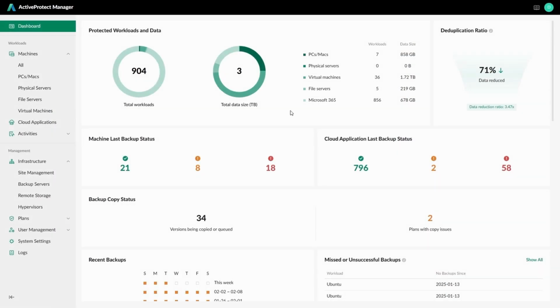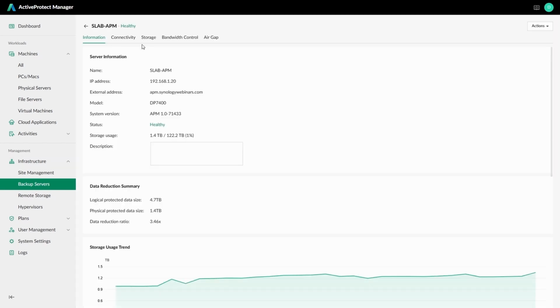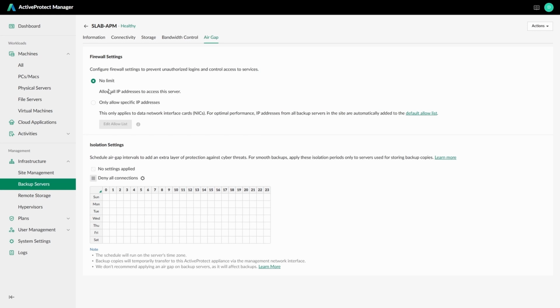All right, last but not least, let's take a look at how you can enable air gap inside of the ActiveProtect Manager environment. We're back on our dashboard once again. And what we're going to do to enable the air gapping policies for these systems is we're going to move over to the backup server tab, and you're going to click on the backup copy destination for your backup plan that's listed here. So let's say this APM device is your backup copy destination. Under this device, under air gap, you're going to be able to select firewall settings to only allow specific IP addresses, or